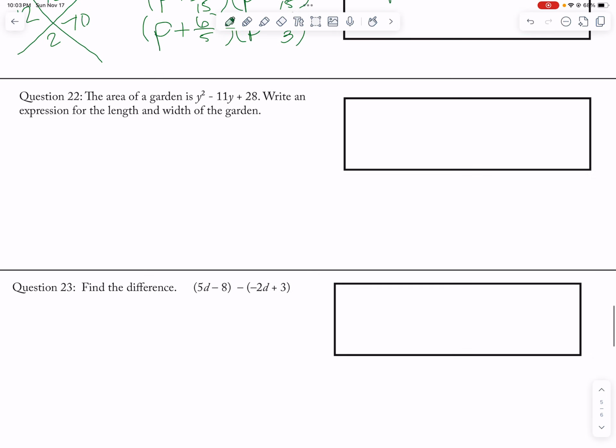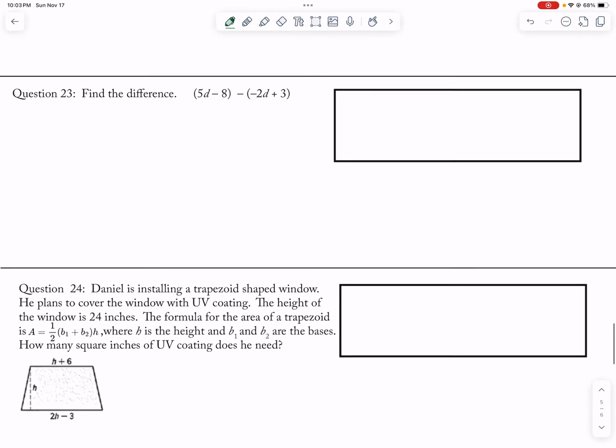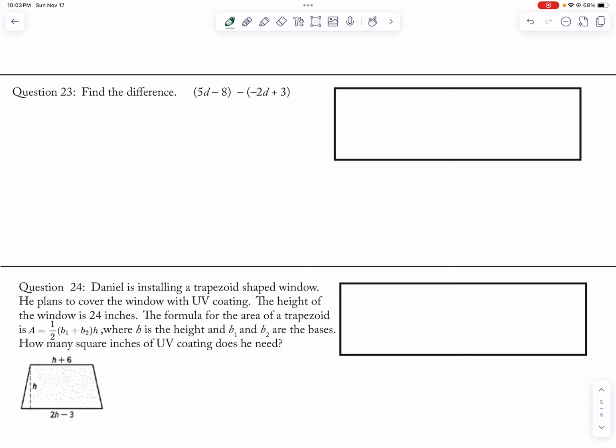And then here, this factors to y minus 7 and a y minus 4. And then here, we are randomly finding the difference. I guess it's always good to keep up my adding and subtracting here. So then I have a 70 minus